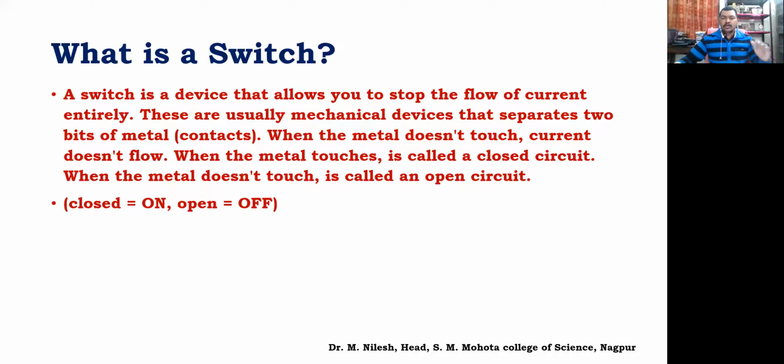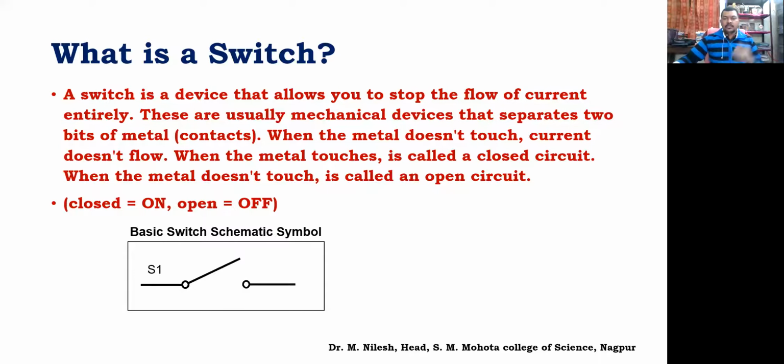When it is closed, it is on. When it is open, it is off. That is what we use in our day-to-day life, when we switch on home appliances like tube lights and fans with just a button. That is the basic concept of a switch. A switch is used to make or break the line, so the flow of current can be broken or made accordingly.